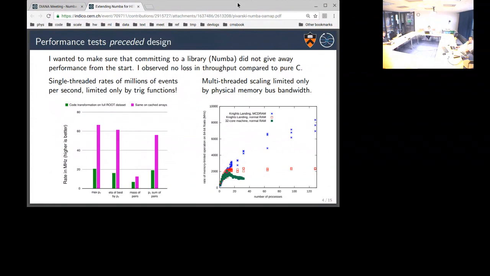The plot on the left is showing just how far you can go. These are 4 different analysis-inspired functions that you might perform in an analysis. They're single-threaded rates that reach millions of events per second.